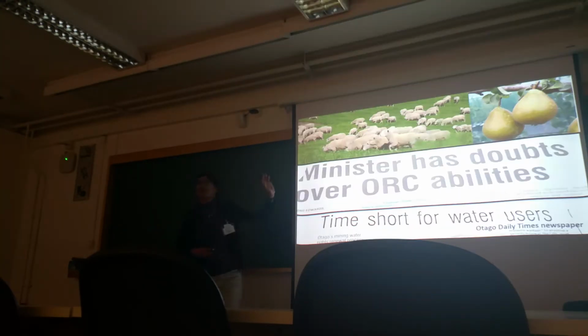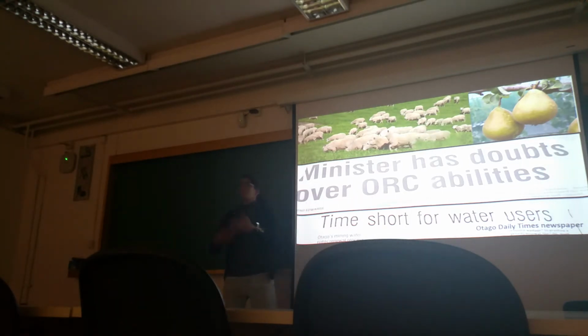So the lush green fields support sheep and fruit farming in the region, which New Zealand is very famous for. The farmers are not restricted to take even 100% of that water. So the regional council in that region is changing those permits to cap the limitless allocation of water in the region. And by law, they should do this by 2021, and we're at the end of 2019. The time is very short.